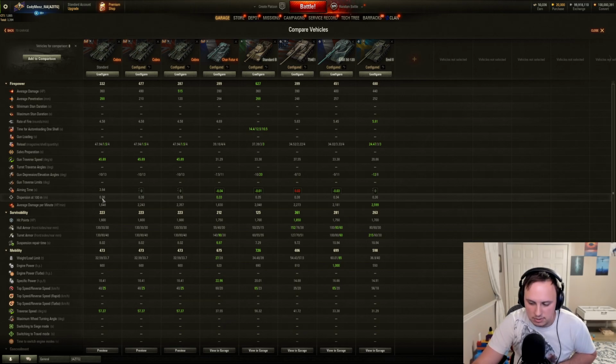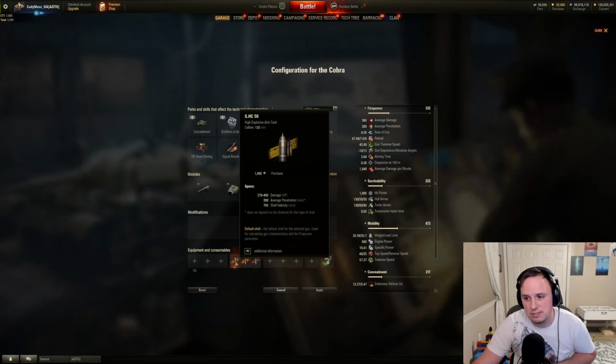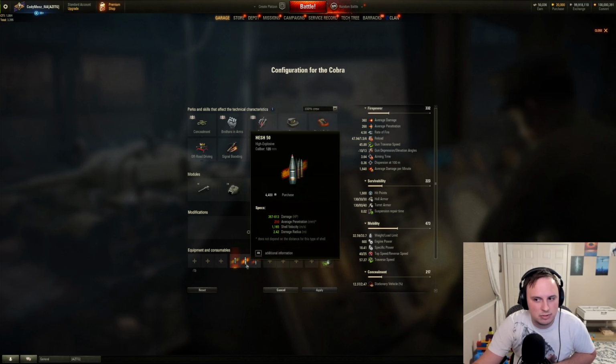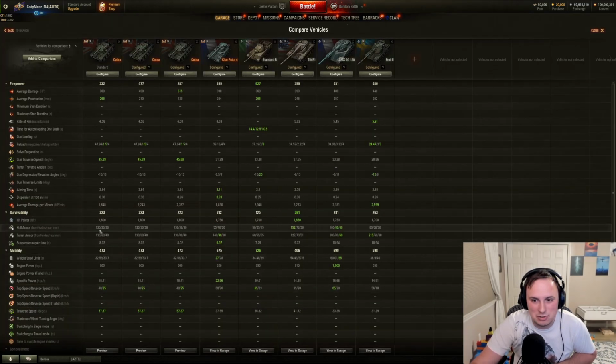And your standard HEAT and your standard HE rounds don't have the best shell velocity. They're sitting at just about 800 meters a second. However, your premium HESH does 1165 for the shell velocity, so it's much better on a premium HESH. Go figure. DPM, so this is where you have 2 different DPMs here. Your standard HEAT,